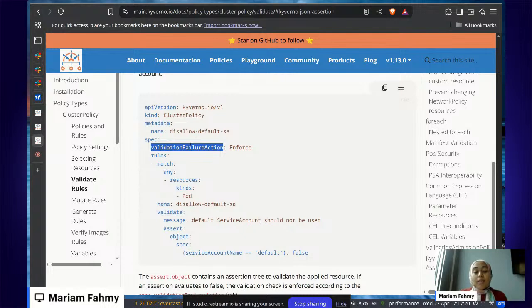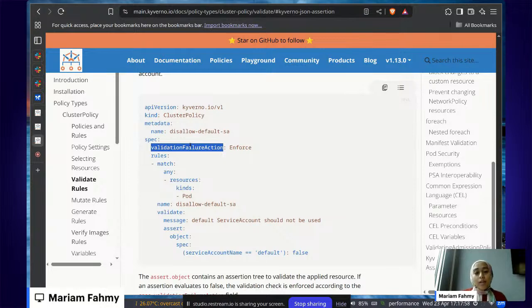And at the same time, the CEL language was introduced in Kubernetes. It was gaining momentum in Kubernetes as it is used in CRD validations. And as some of you know, Kubernetes introduces admission policies, which are the validating admission policies and the mutating admission policies. And both policies make use of the CEL language. And the CEL language becomes more powerful and easy to use and easy to understand. So we decided to make that change.